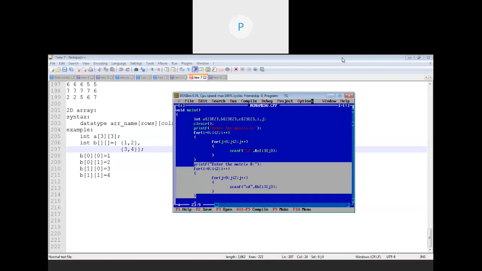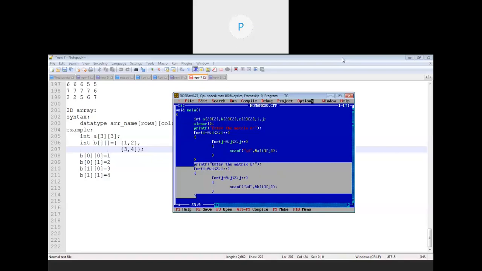Now we have to perform the addition of two matrices. In the mathematical way, the addition of two matrices is performed directly. You just have to add the first element of matrix A with the first element of matrix B, and likewise.